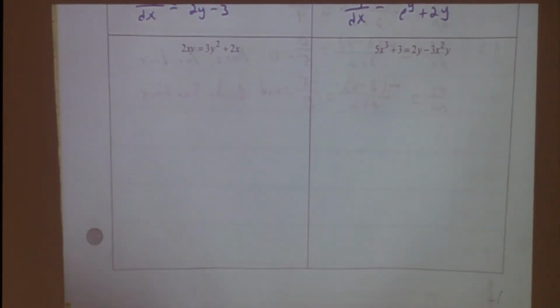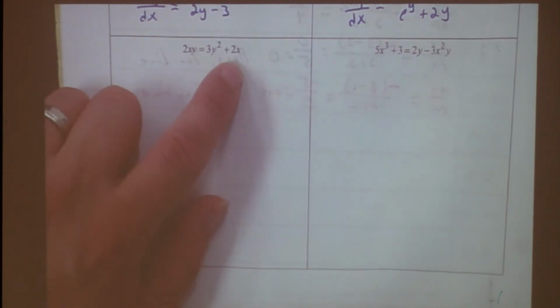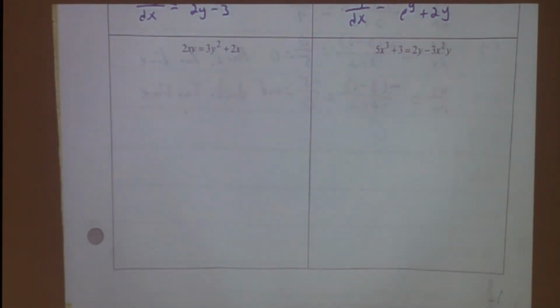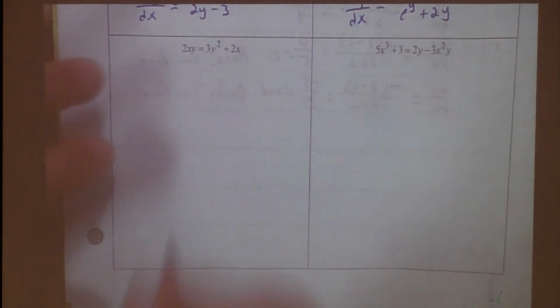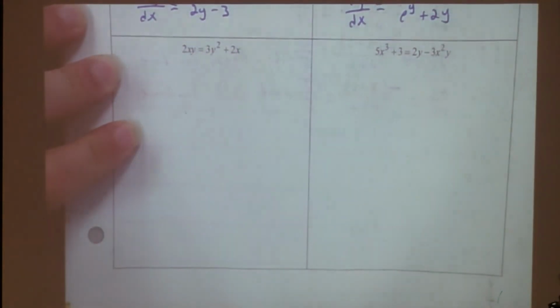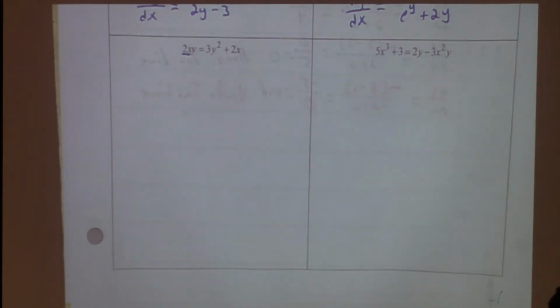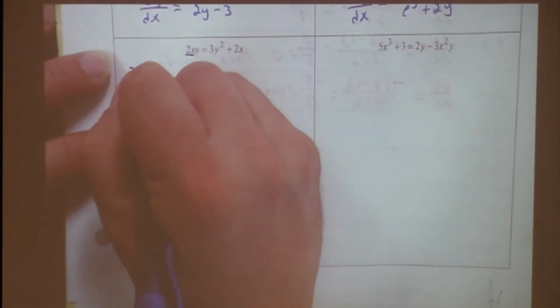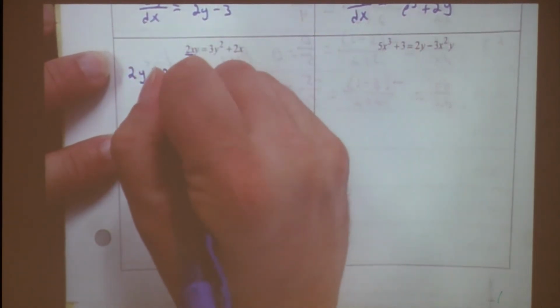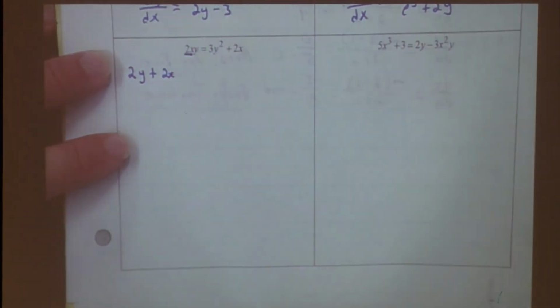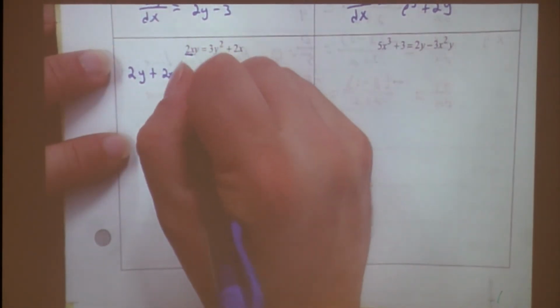Alright, 2xy equals 3y squared plus 2x. Okay? So, we got 2xy. To get the derivative of that, we would have to follow what rule? Product rule. Are we ready? Yes. Alright, so product rule says derivative of the first. I'm going to put the 2 and the x together, since 2 is just a constant, and treat that as being the first. So what's the derivative of 2x? 2. Times the second? y. Plus the first, 2x, times the derivative of the second? dy